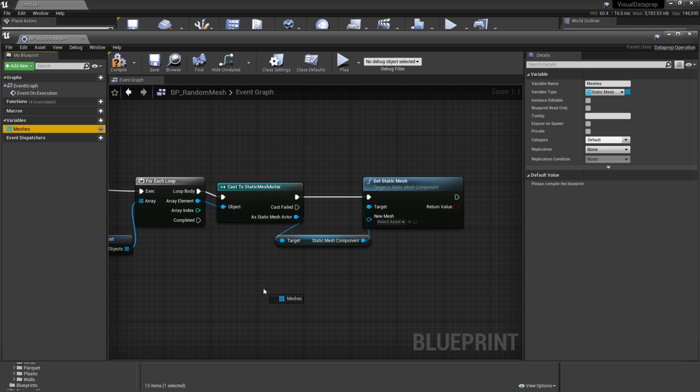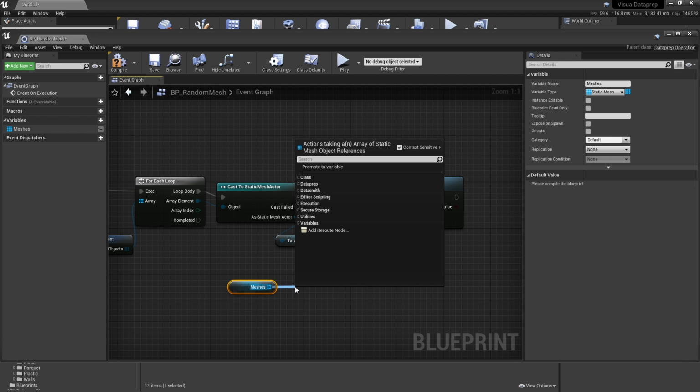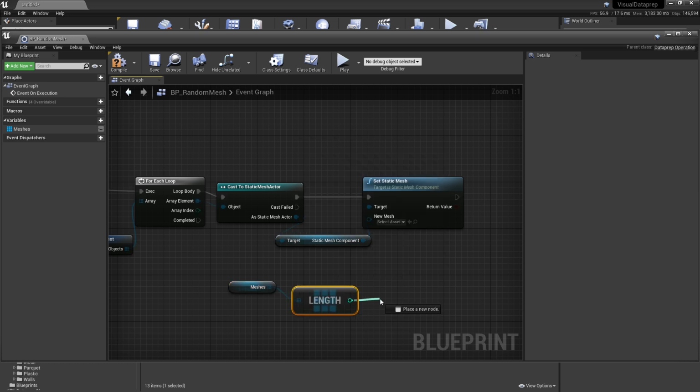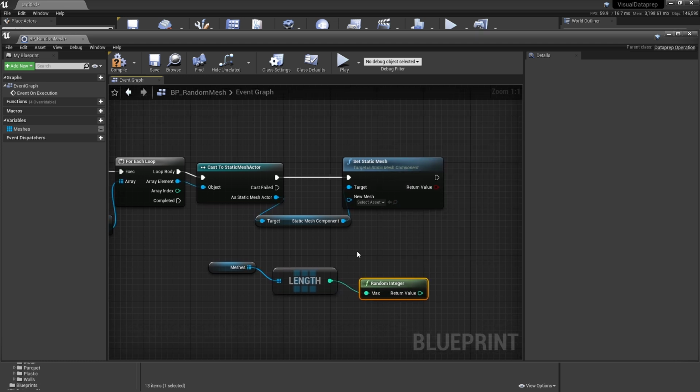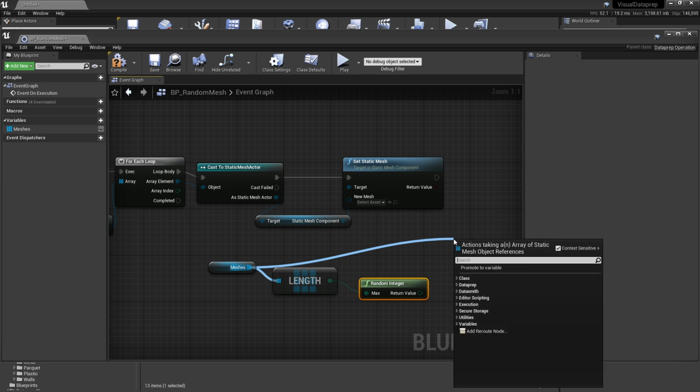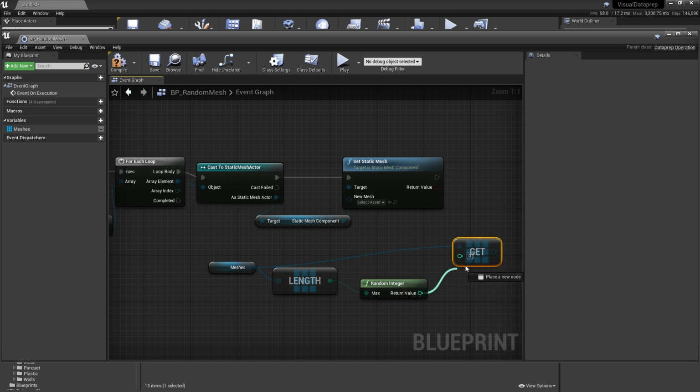And then let's do some quick array magic. We're going to get the length of the array. Then we're going to get a random integer from that array. And then we are going to get a copy from that array.